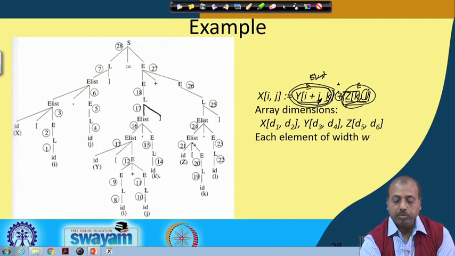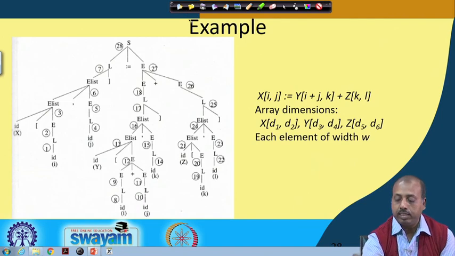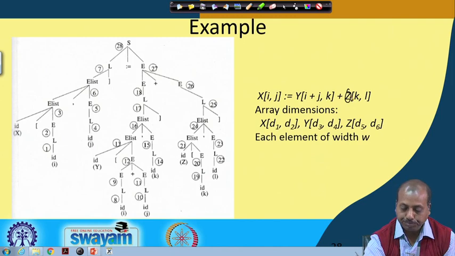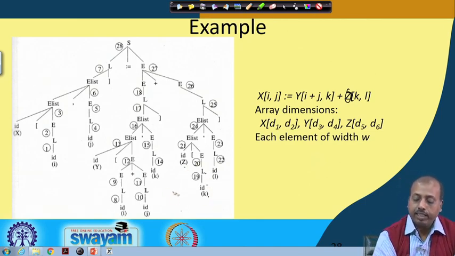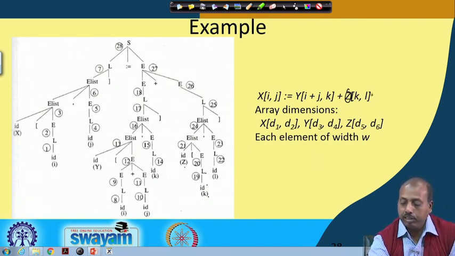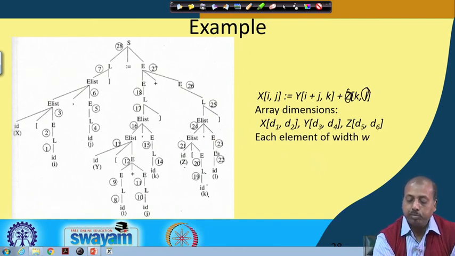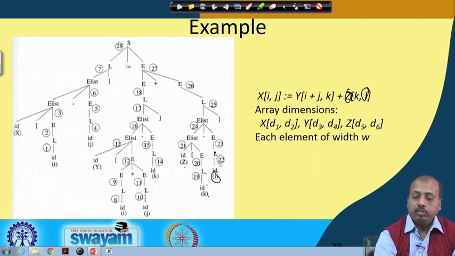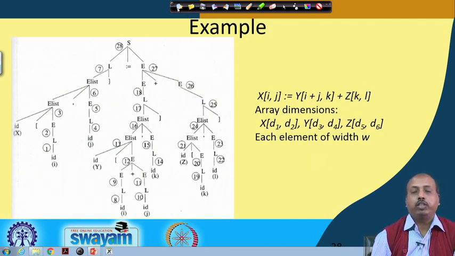Now, this E list will give me id. So, this should give me this id, that is this Z, this is the id part, then this is bracket start and E giving me L, L giving me id, which id is k, and this id is Z. So, this way I can generate this part, and then this L part. So, this can be generated by following this E producing L producing id, and this id gives me L. So, that ends the understanding of the construction of the parse tree.